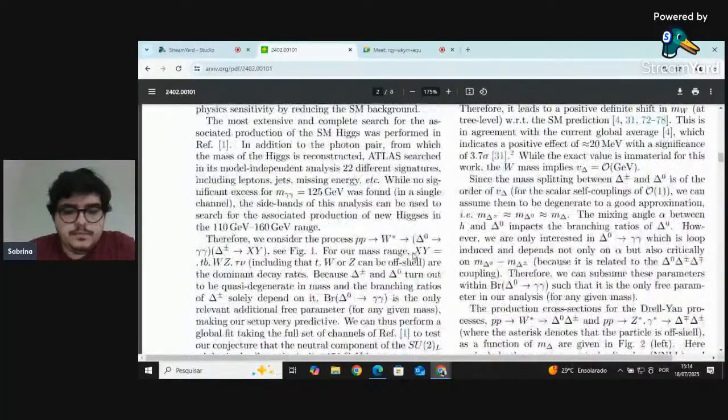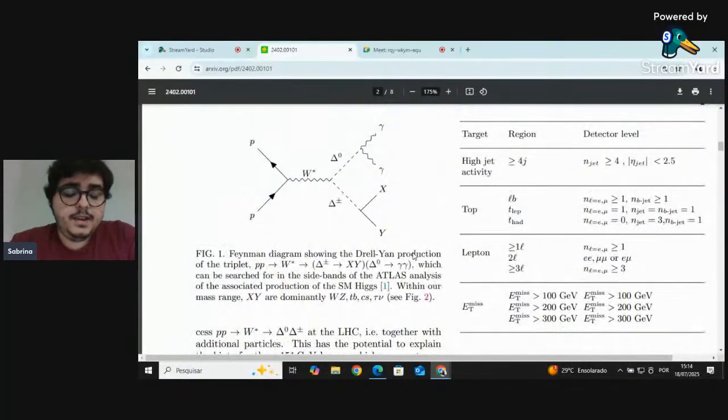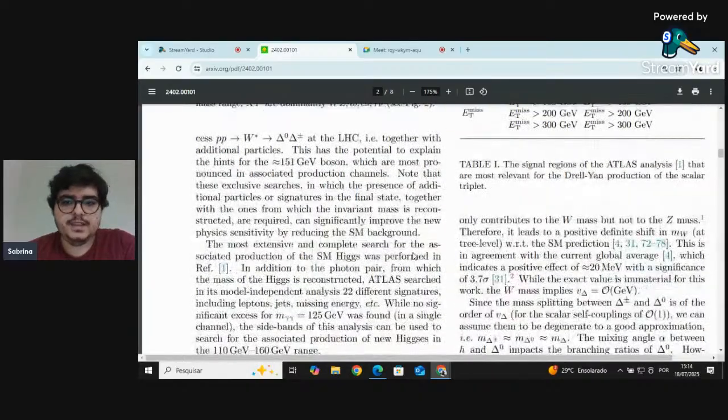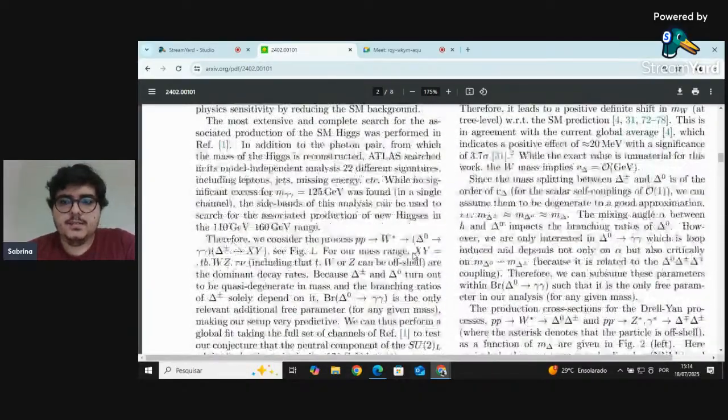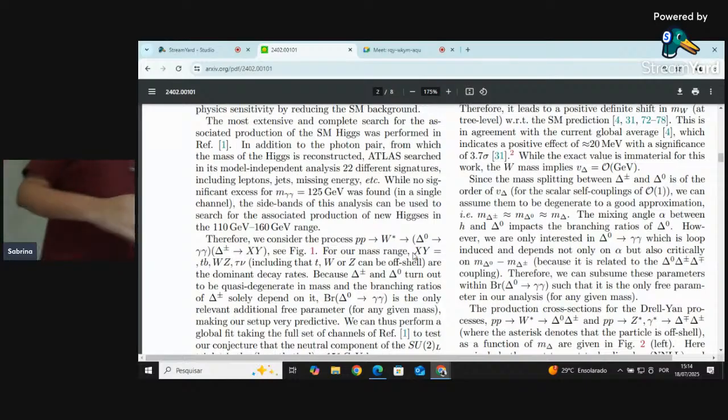So, one important thing to mention is that after the electroweak symmetry breaking, this new scalar gets a VEV, and this VEV influences the mass of the W boson. How is that? So I'm gonna show on the board. Sorry for the ones that are in the meeting. In this model, the mass of the Z